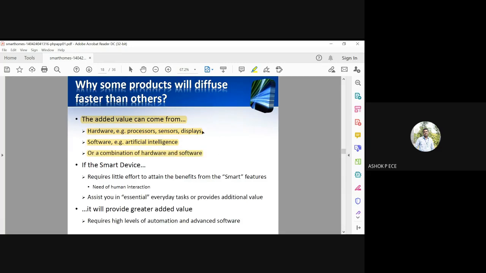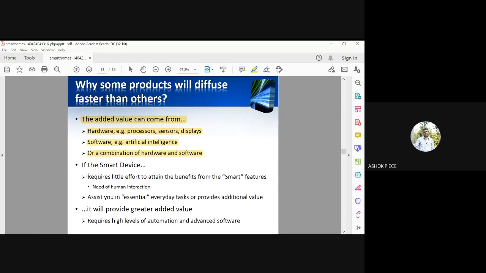Okay, the displays can be LED display, or you can have a voice speaker to spell out the output, or you can have a monitor to display, or you can have an LCD TV to display. So anything you can pick. It all depends on what component you pick, and the corresponding price will be added. So you can customize your requirement, and accordingly you can get the products from the market.